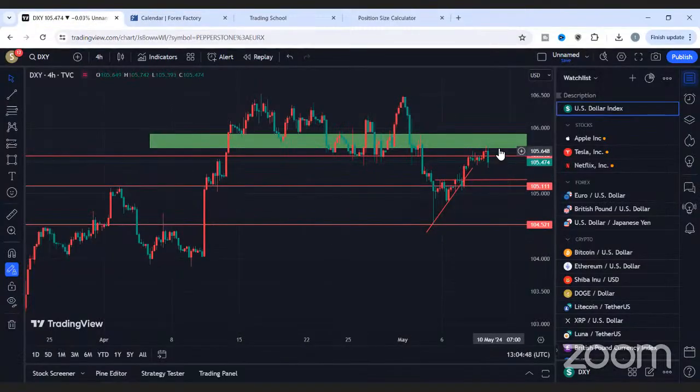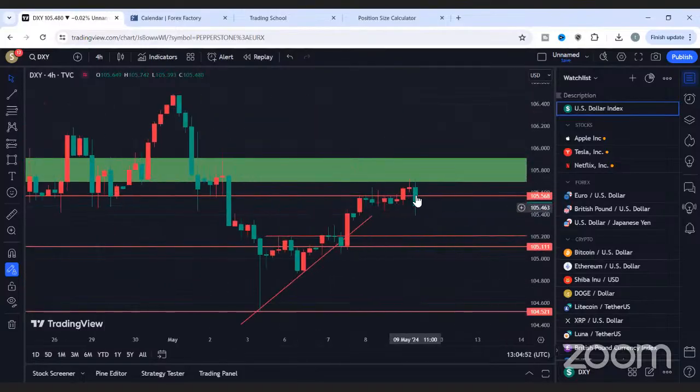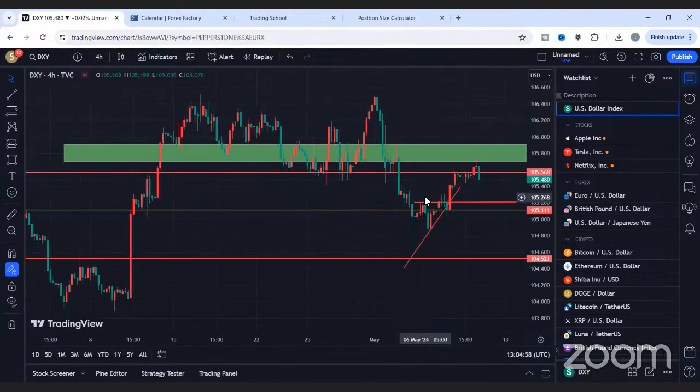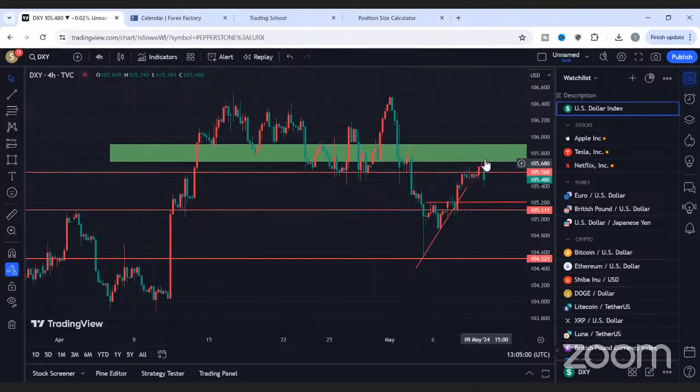So this movement here, with this big, let me zoom in a bit so you see what I'm talking about. With this big, massive candle, right? This was purely based on the news that just came out. It was the news that made this candle happen. But you would have even thought that this candle would have been a bit bigger, right? So you can see that in a way, overall, this is still in a ranging area.